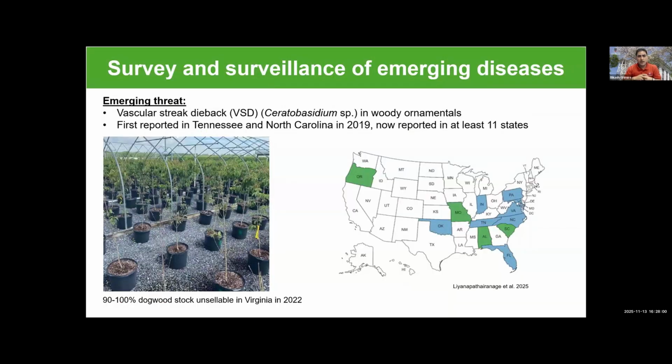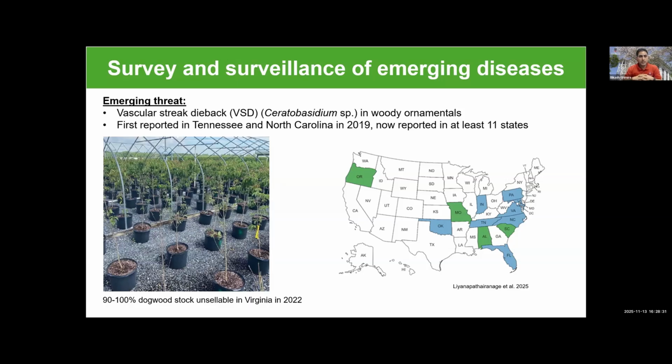So now let me talk about some of the emerging diseases that we have in the state. And I'm going to talk about two of them that I'm interested to work on. Basically, vascular streak dieback. I don't know how many of you have heard of this. This is a problem that is going around in the southeast and in Oregon, caused by a fungus, Ceratobasidium species. It's mostly in the woody ornamentals. It's a major problem. I would say in the next slide, I think it's in the red maple, dogwood, and